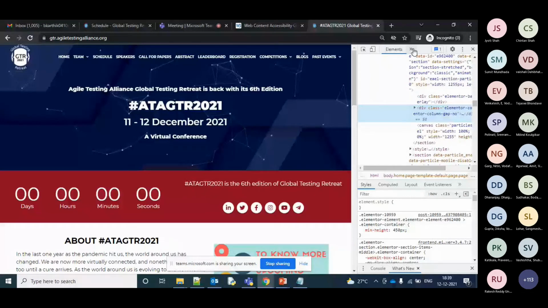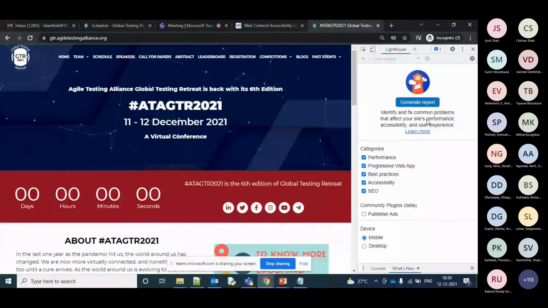inspect. We might have done it for our XPath analyzers and other things, but if you look over here, there will be something called Lighthouse. Once you click on Lighthouse and click on generate report, it looks at the performance, and a responsive web app, like how it's going to respond when it comes to mobile. And there are some best practices which Google also talks about that have been linked. And as I told you, it should have some keywords and other things, so those things will come under over here. They also have the basic accessibility test cases and then the SEO.